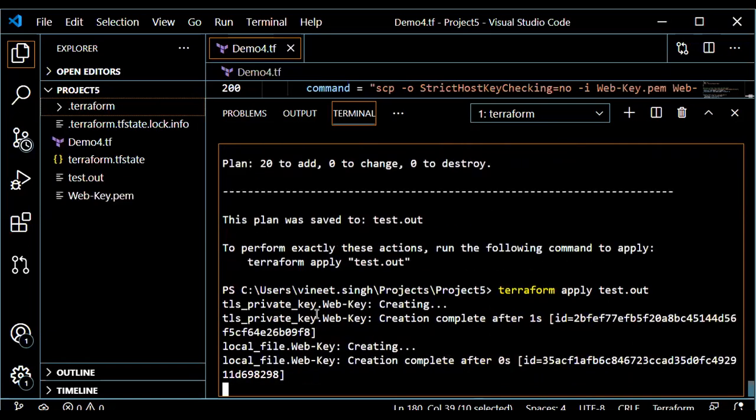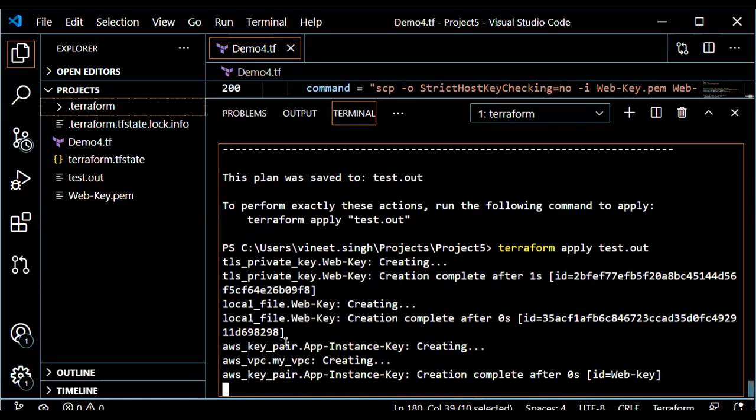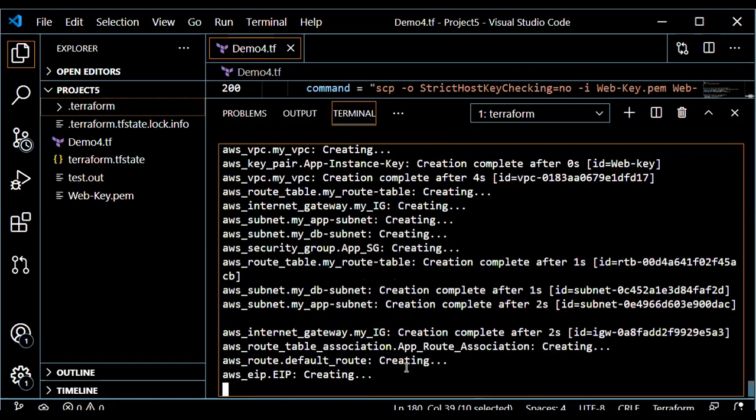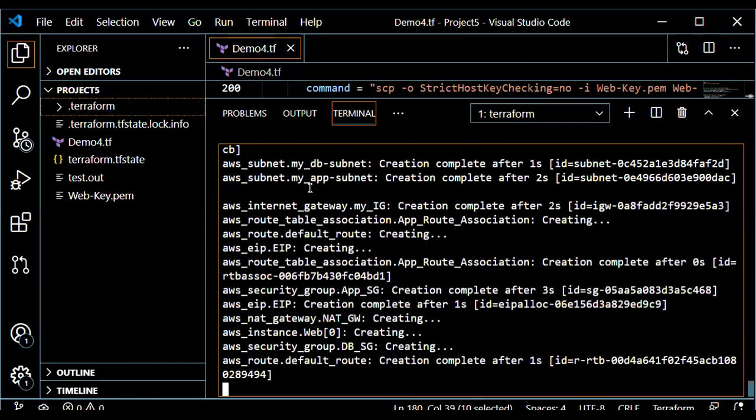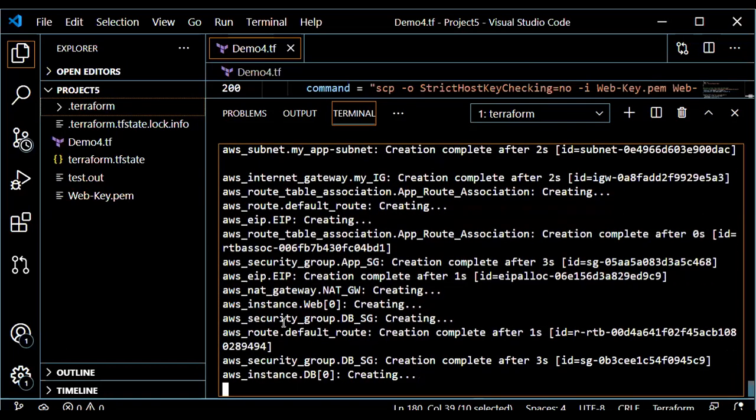Now my key is being generated. It is being copied to the local file. Subnets are being created. Internet gateway, route table association. The EIP is being requested. NAT gateway is being created. The instances are being launched.